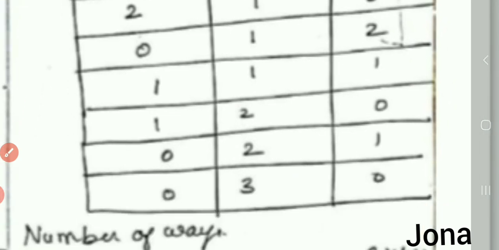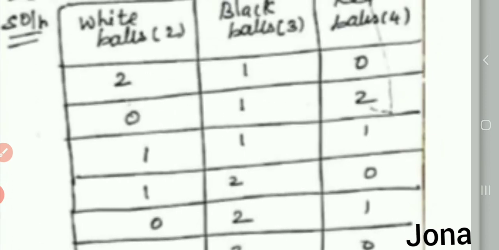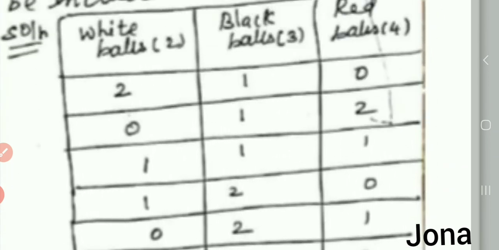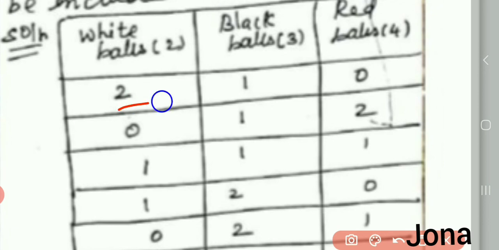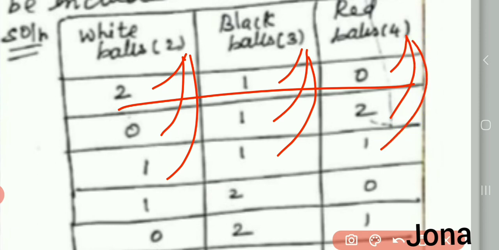And then we have to do the problem like this. Number of ways equal to 2C2 into 3C1 into 4C0, from the first row we have to calculate like this, plus 2C0 into 3C1 into 4C2, and then 2C1 into 3C1 into 4C1.